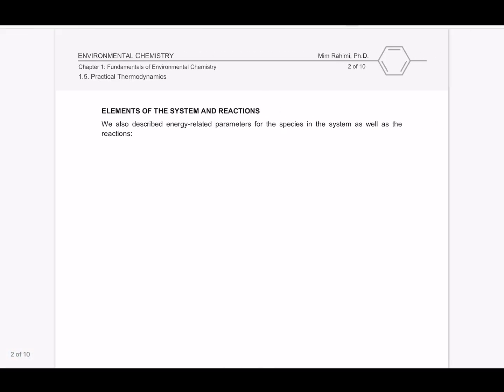So we specifically talk about the elements of the system and reactions. Two things that we're going to see later also: first, to distinguish whether we're talking about species or we're talking about reaction, and then expanding G or delta G for either species or reaction. So what we had in the previous lecture for species, let's say species I, which is something that we have in the system, we can associate some G values for the species I,